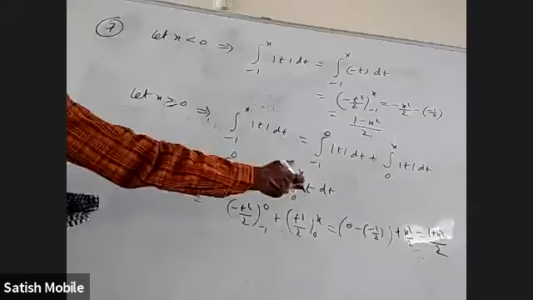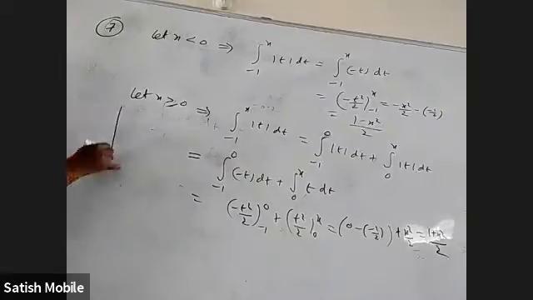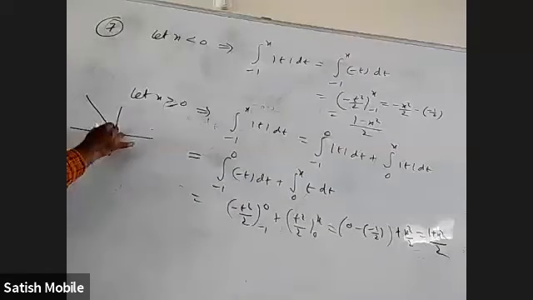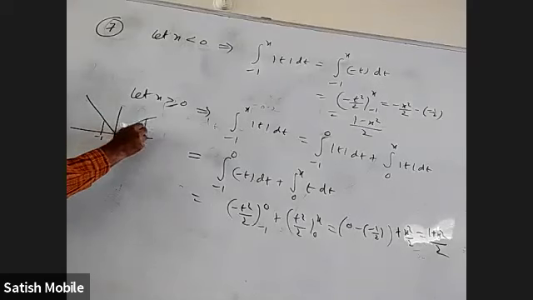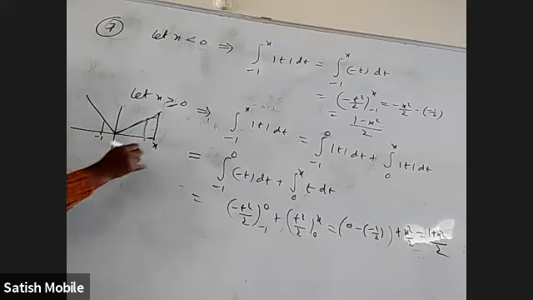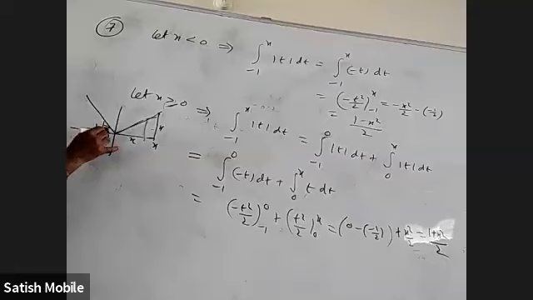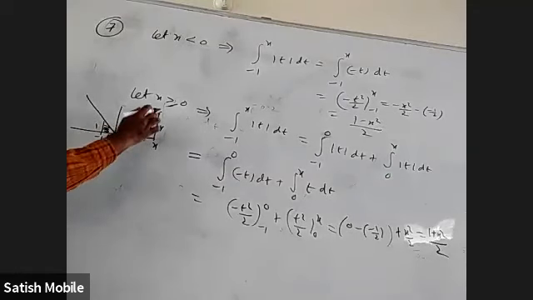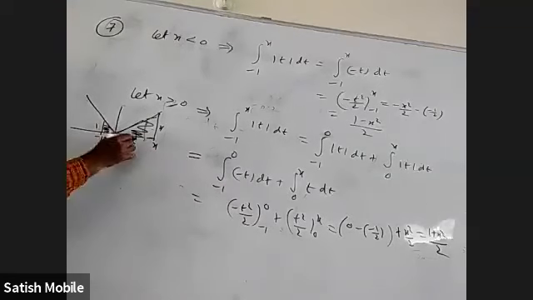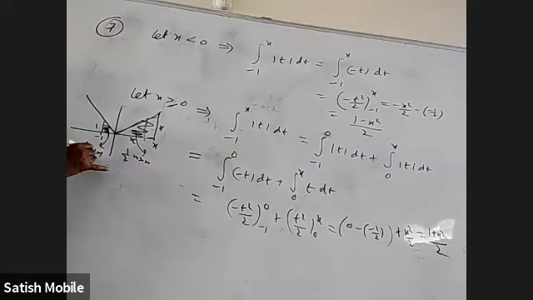Okay. Of course, I would have done this even without all this, from the graph. The graph of mod t is like this. I want the area between minus 1 and x. This is 1 unit, this is x unit. This area is 1 by 2 because half into base into height. This area is x square by 2 because base is x and height is x. This is a triangle with half into x into x area. This is a triangle with half into 1 into 1. I would have got the same thing, right?